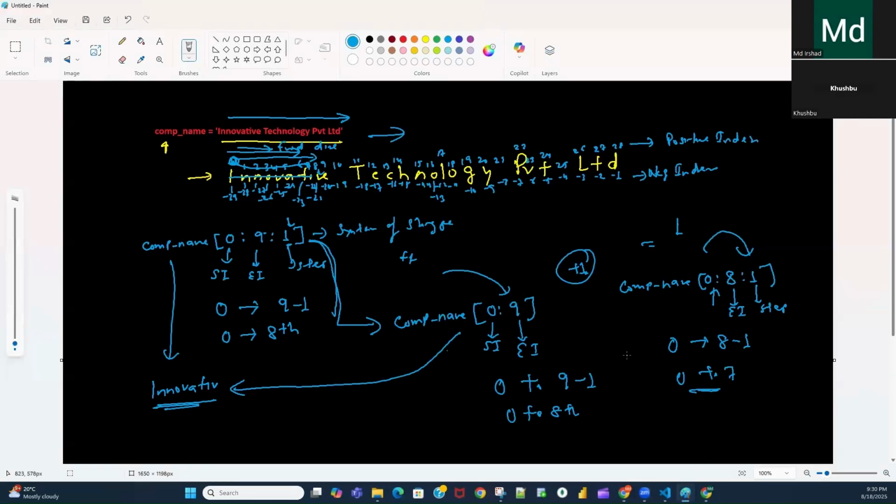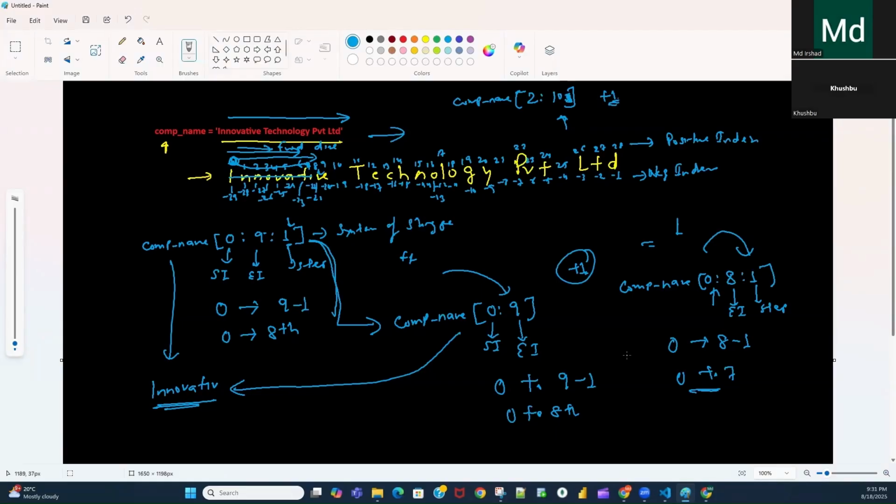Now, if I give the data something like this, company name 2 to 10. Again, here I have not defined any step value. So by default, slicing operator will consider it as a positive one. Internally, it will automatically add one here like this. Here we are not defining, it will add automatically.